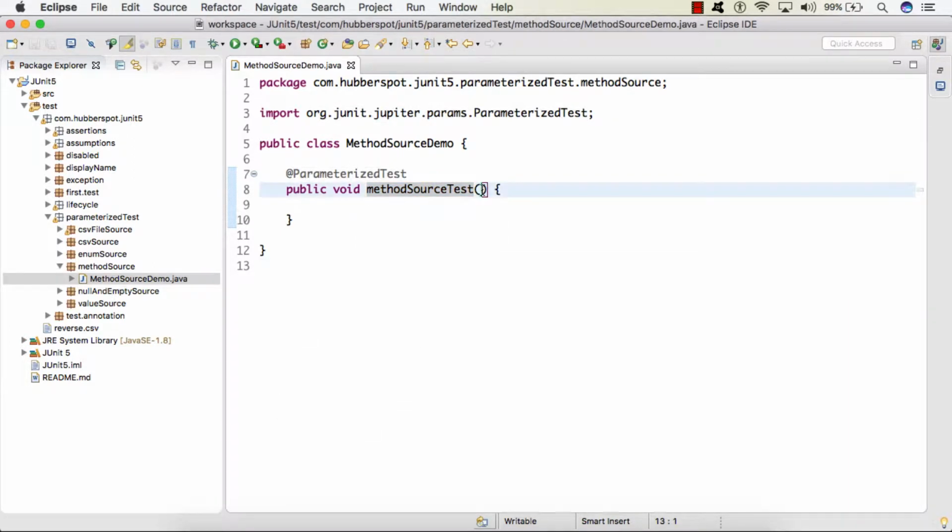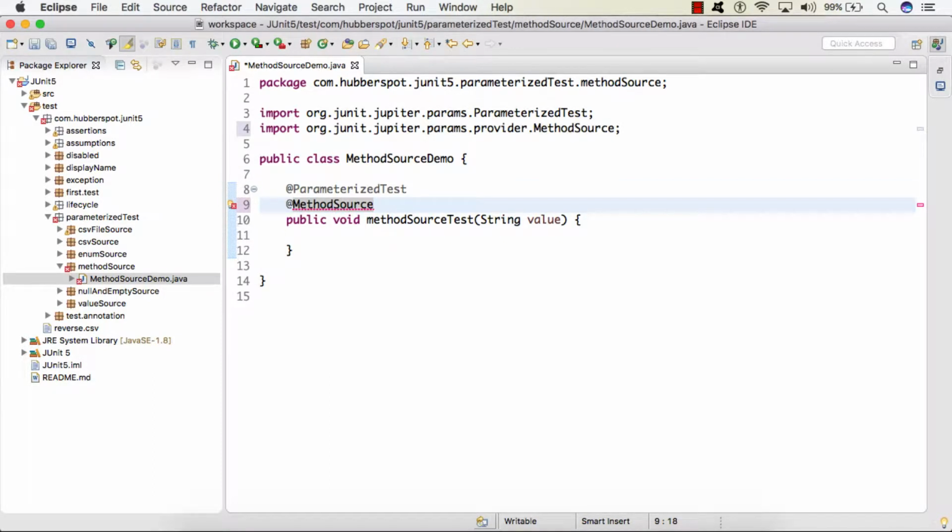So let's say I want to pass different string values to our parameterized test. So what we can do is, we can simply provide the annotation @MethodSource, and here we can simply provide the name of the method.